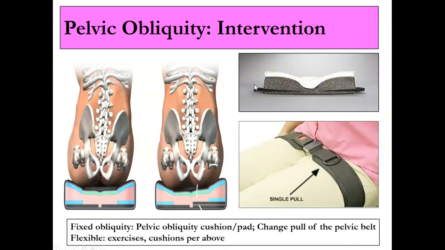Okay, so if it's flexible, which it usually is, you can do certain things about it, kind of what you would think. You can use a cushion that compensates for the tilt to level them off. A cushion and pad are examples of that. These are two examples. And you can change the pull of it through the belts. So you need some kind of pelvic obliquity cushion to address the issue that was going on with your client. All right, so it's